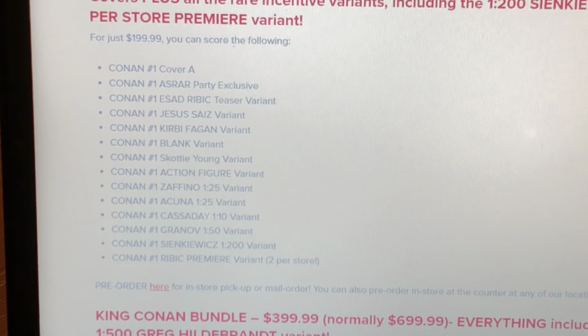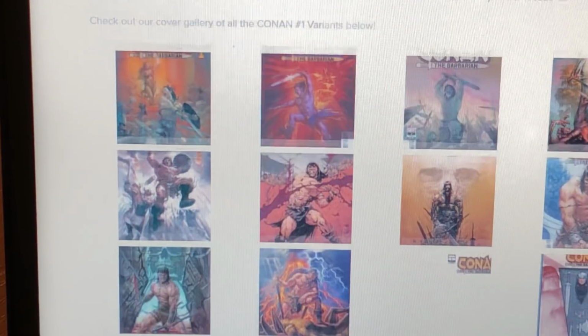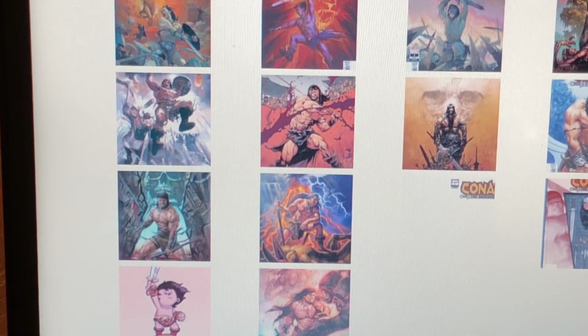So the only difference is there's a $400 bundle. You get everything the $200 bundle has. The only thing that's different is they give you that 1 in 500 Hildebrandt variant, which, you know, obviously that's a pretty rare cover. So here's what the,